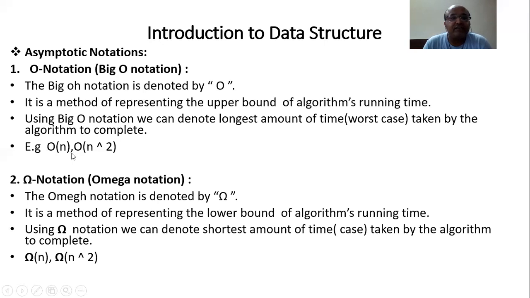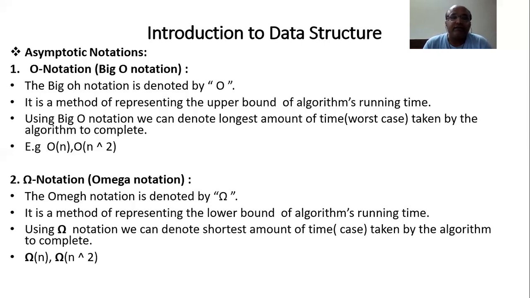Now you can see this example. If I am writing Big O of n, it means this belongs to the worst case, where n is the number of elements. Similarly, you can represent the time complexity Big O of n square. Now we have taken the example in frequency count. In one example, we get the time complexity Big O of n. In another, with the nested for loop example, we get the time complexity of Big O of n square.